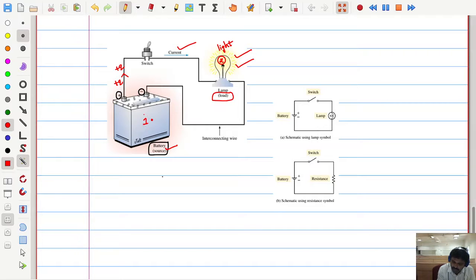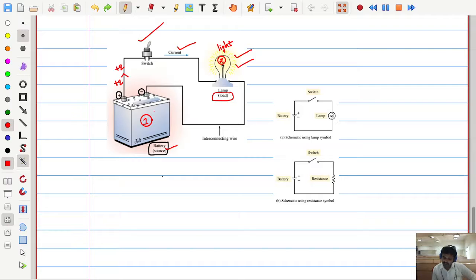point number 1 to point number 2, we need some intermediate generalized things, that is connecting wires, which are usually conductors. And to make it convenient, whenever we need light we want to switch it on, and whenever we don't want light we want to disconnect this energy transfer, so we use a switch. But usually these switches and conducting wires are not treated as circuit elements. The major electrical elements are the battery and the lamp. These are generalized connection things.